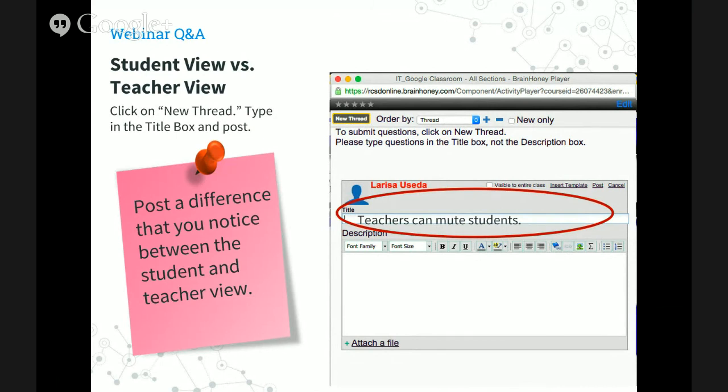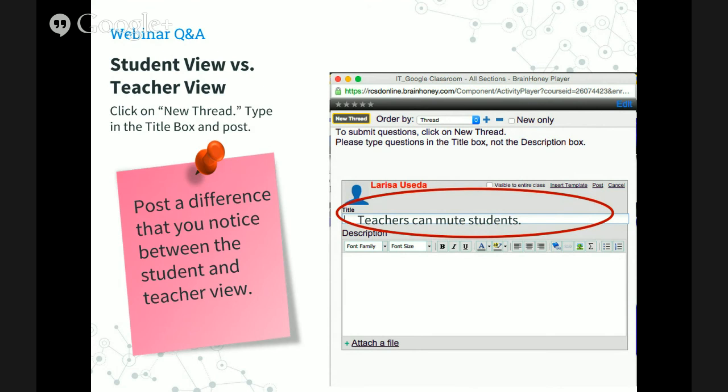And you know, Larissa, they were already posting some comments as we went along. Good. Okay. So we have a lot of nice things going on. Some of the questions that were asked was, is the code for the class automatically created? And yes, the code for the class is automatically created. And do teachers, when they mute a student, maybe just for one section, does it mute the student for the whole class? And yes, it does mute the student for the whole class.